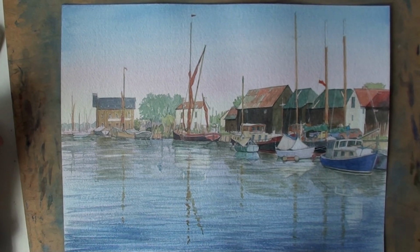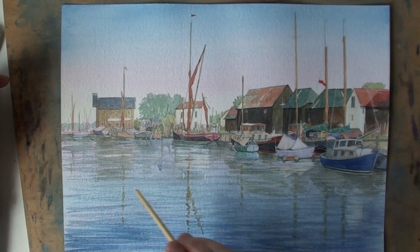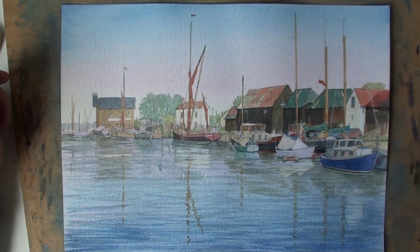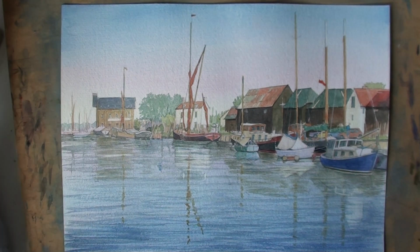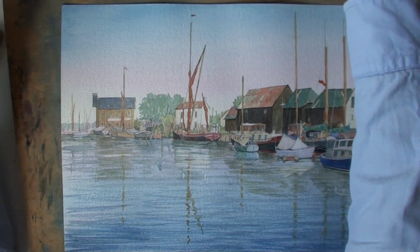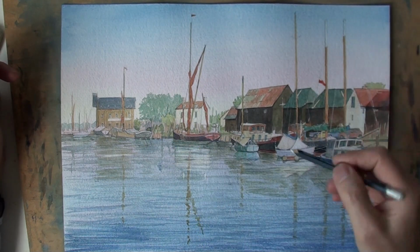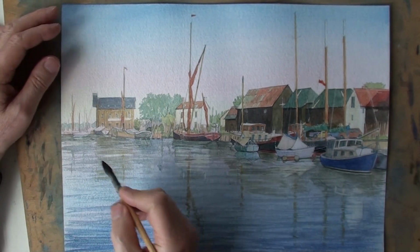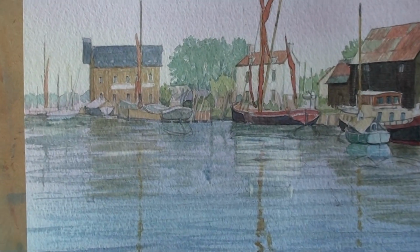So with this Faversham Creek scene, I have lifted out reflections with a flat nylon brush and a little water, and I've also drawn rigging and other lighter detail using a white pencil and a rule to give a suggestion of rigging. So I'm looking at the last thing probably to do would be to put in some reflections and try and achieve a sense of